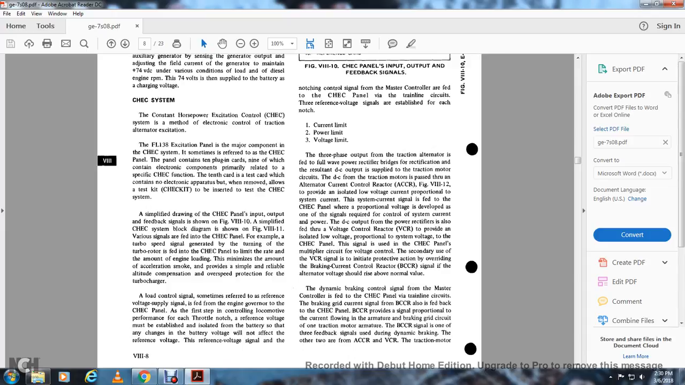Alright, a simplified drawing of the constant horsepower excitation control panel, with input, output and feedback signals, is shown in figure 1310, with a simplified constant horsepower excitation control system block diagram shown in figure 1311. Various signals are fed into the constant horsepower excitation control panel. For example, the turbo speed signal from the turbo speed generator, driven by the turbo rotor, is fed to the constant horsepower excitation control panel to limit the rate of engine load increase, to minimize acceleration smoke, and provide simple and reliable